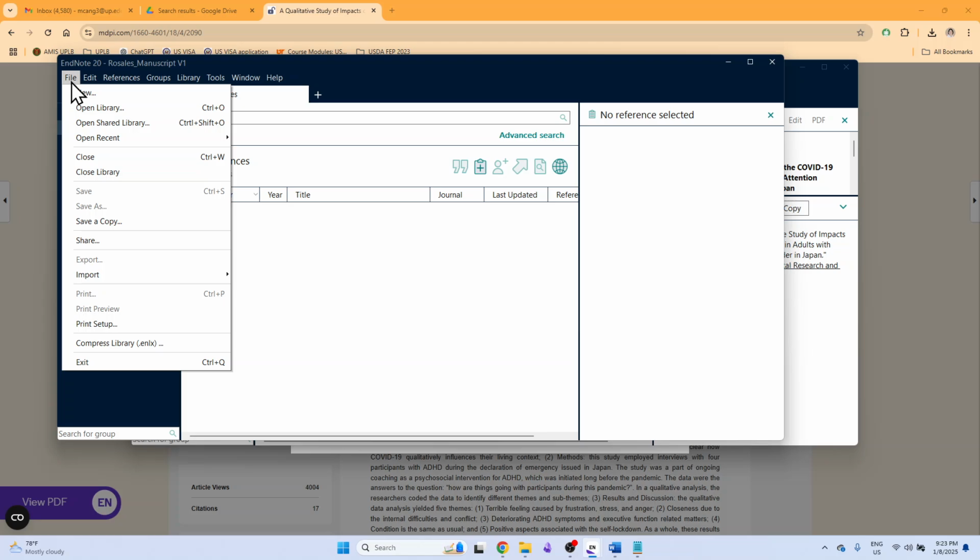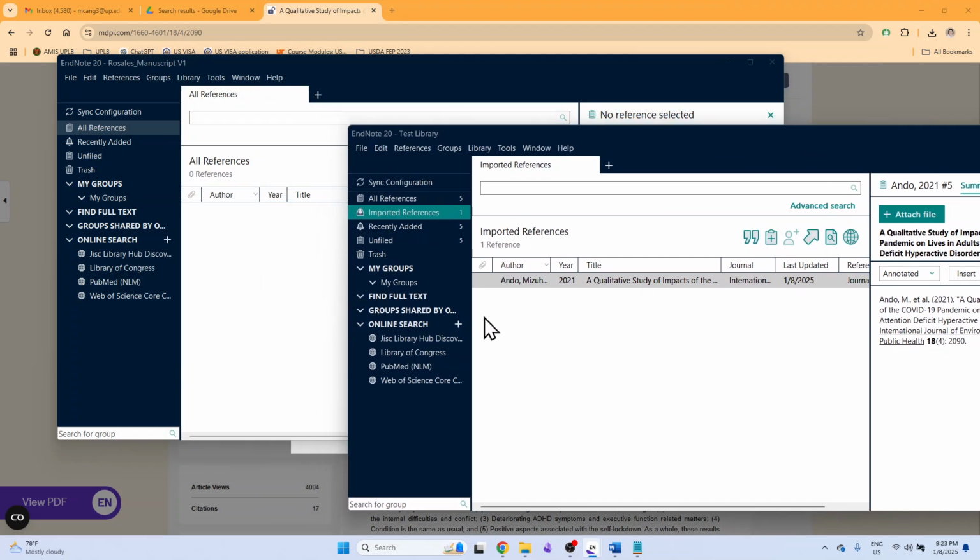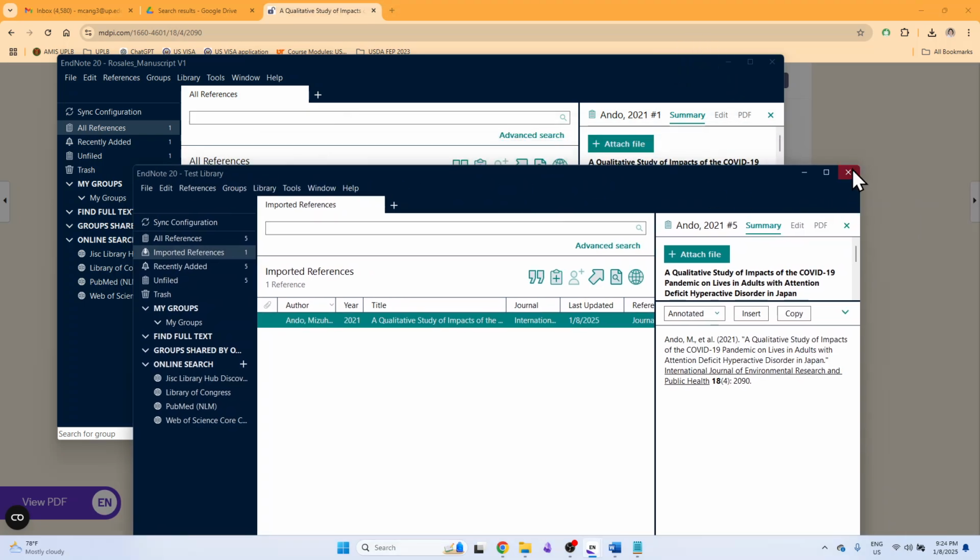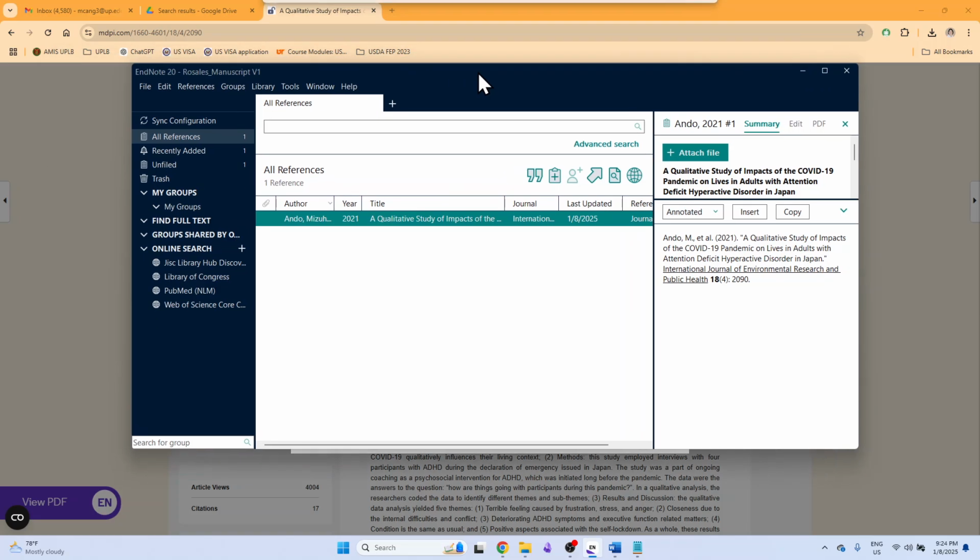And then you can just drag different bibliographical citations, article citations from different libraries. In your case, since you don't have any existing library yet, you won't have to drag. But if ever later you want to create multiple libraries, you can. But I suggest just making one library per manuscript. Okay? So I will close my old test library, and this will be my new library.